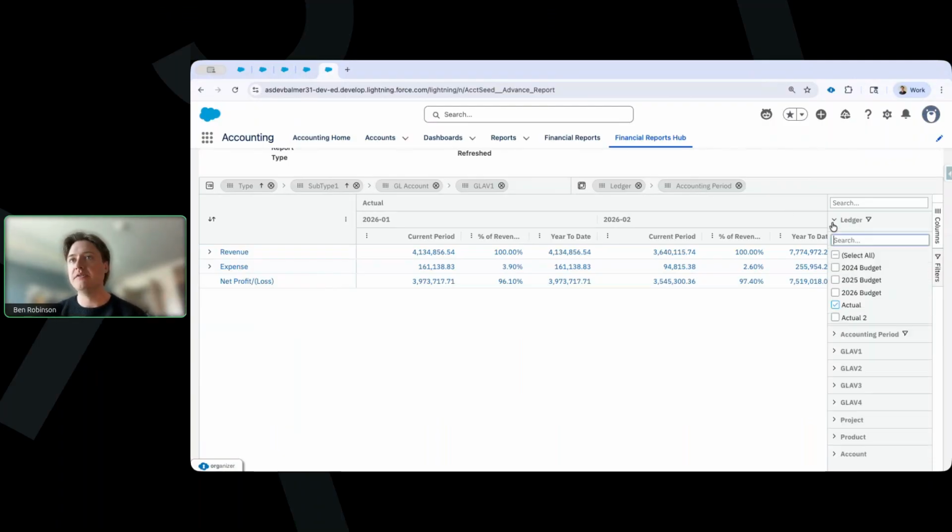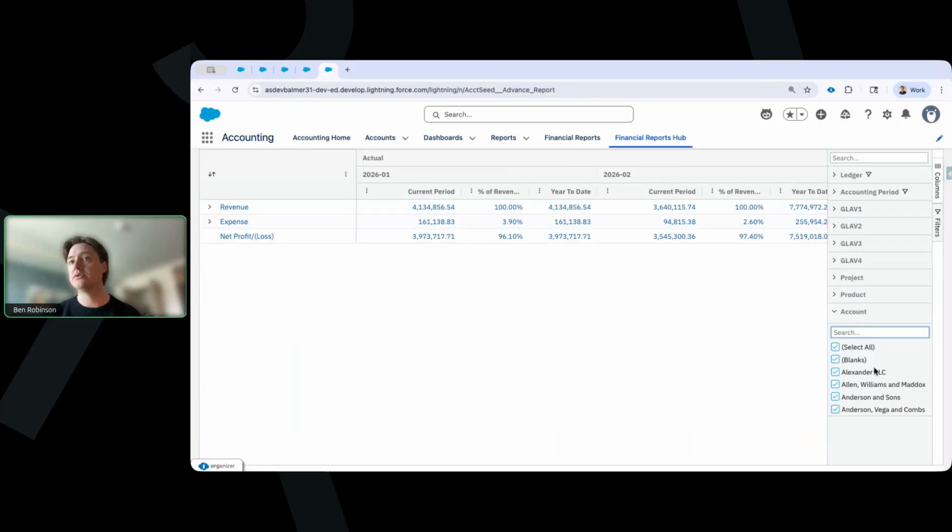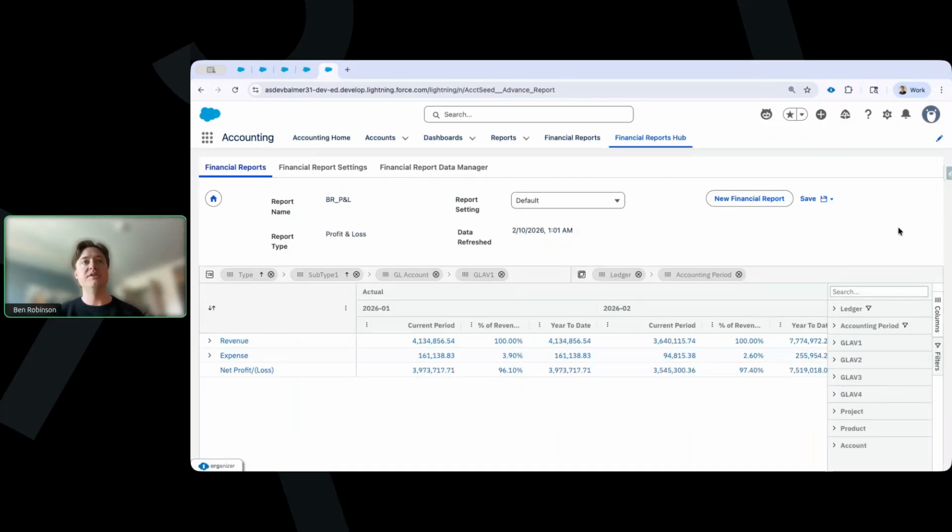I also have the ability to filter on ledger. This is a great opportunity to run actuals versus budgets as a comparison P&L. I can organize by our regions if I want to show just one region's worth of data, in addition to organizing by project. So throwing your projects in here in addition to your customer accounts and running account versus account. So tons of flexibility here. Again, this flexibility relates not just to a P&L, but ultimately to a balance sheet, cash flow, general ledger, and